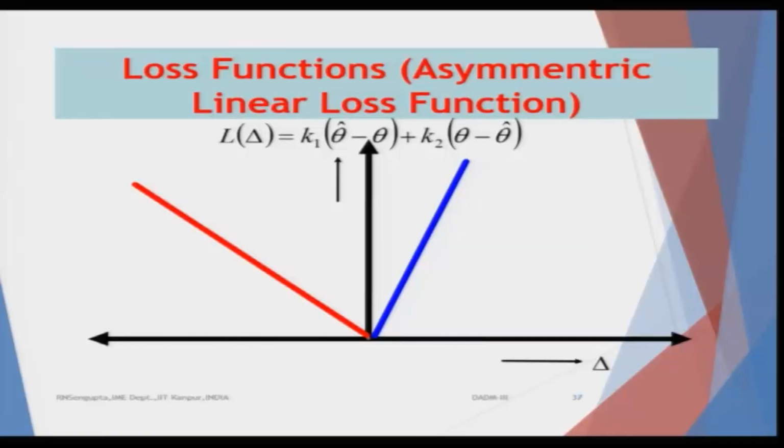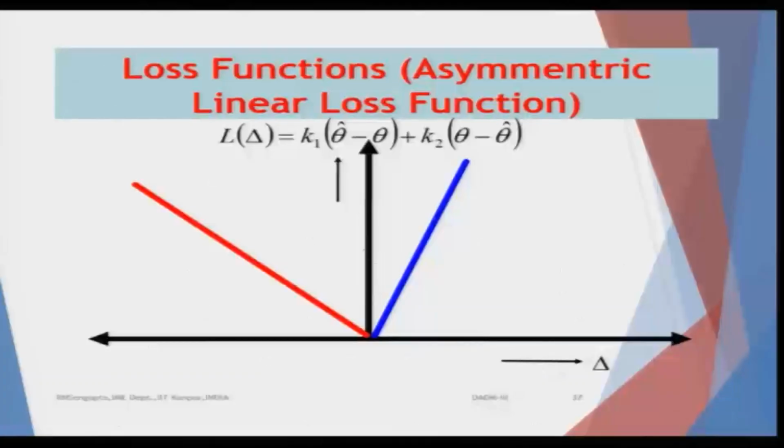This would also be true for the quadratic loss function. I have not drawn it, but I will try to draw it using the graphs which you have just considered. I will come to that. Consider the loss function as an asymmetric linear loss function of the modular type, in which we multiply by some parameter values k 1 and k 2: for the case when theta hat is greater than theta we multiply by k 1, and if theta hat is less than theta, then we multiply it by the factor of k 2.